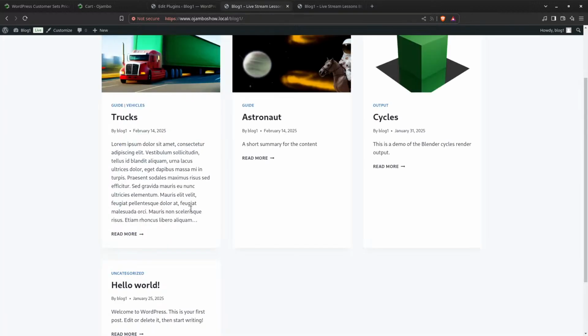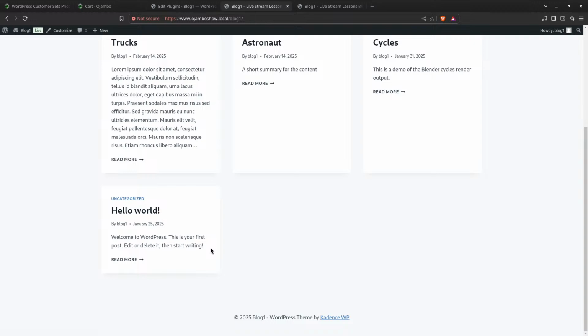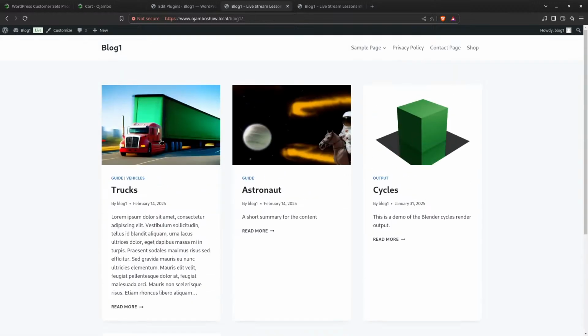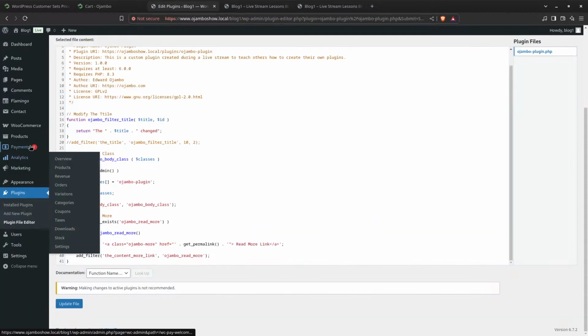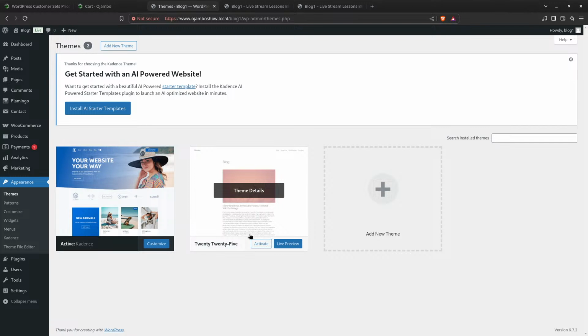But as you can see here, this doesn't say read more link. The reason for that is because this particular plugin most likely is hard-coded to not change the read more link. However, if we go under Appearance here and change the theme, if we change it to the 2025 theme,